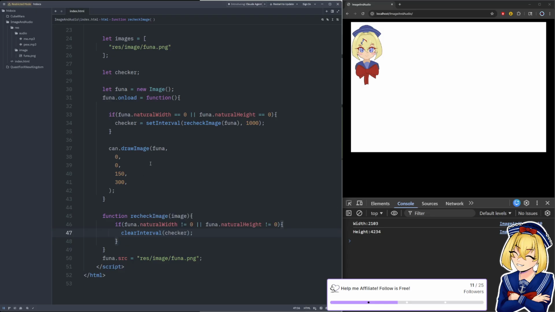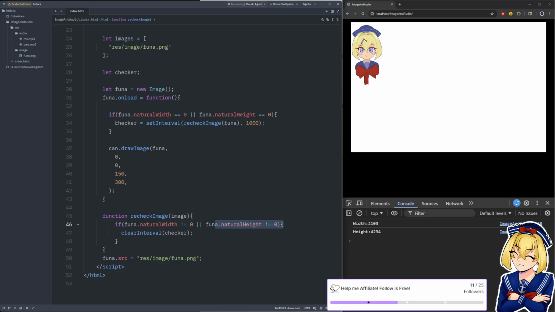As we saw with the game loop, set interval creates an infinite loop where it just keeps running this function over and over again, every second in this case. We want to keep checking to see if the image is bigger than 0. But if it isn't 0 anymore, we don't want to keep running this infinitely.